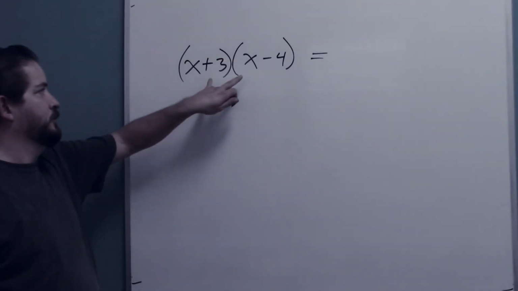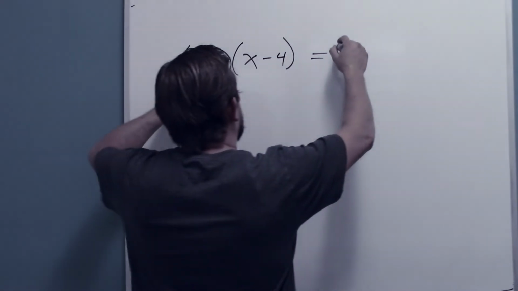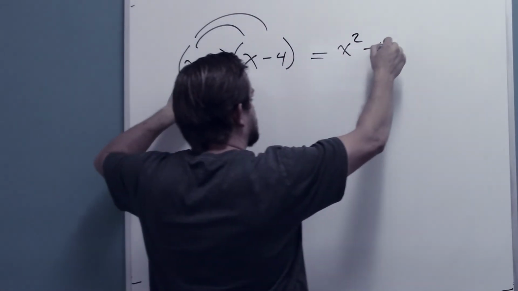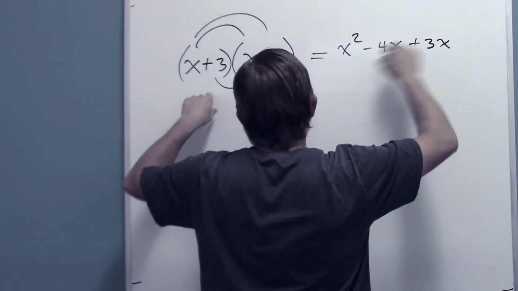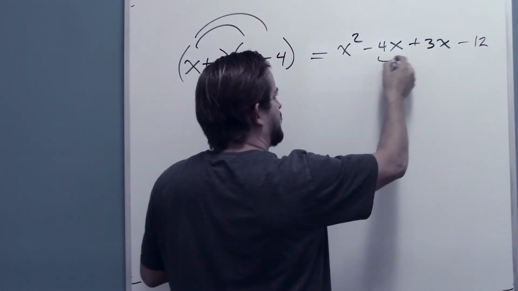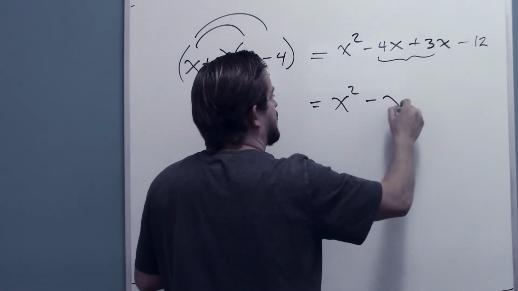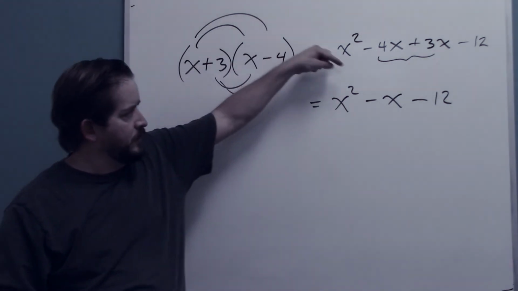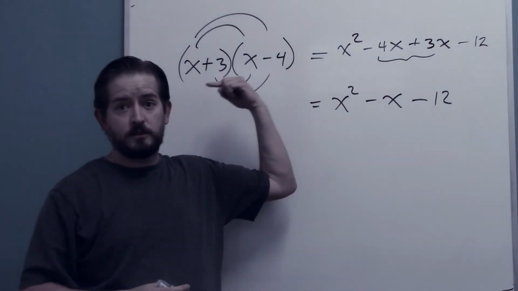If I have these two binomials multiplied, I would FOIL them together, and I would get x squared minus 4x plus 3x, and then minus 12. And I can simplify, of course. This becomes x squared minus x minus 12. Right? But if I can go this direction with this math, then I can go the other direction with it,